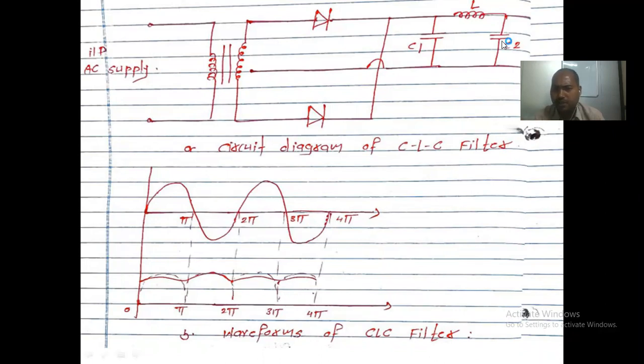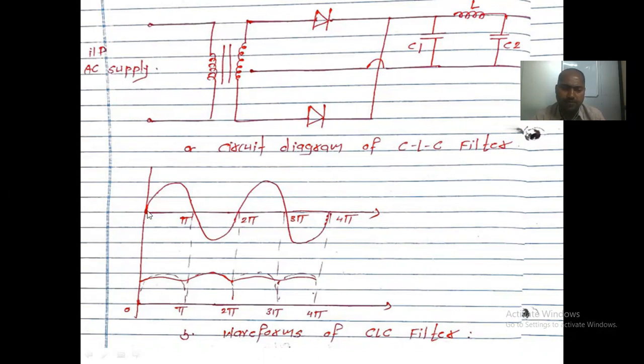So it passes through this capacitor, so it should be going towards the ground. So nearly 90 to 95% of the pure DC output should be coming across your load. This is what happens with respect to the CLC or pi type of filter. That's why in standard industrial applications, we have to use the CLC or pi type of filter.